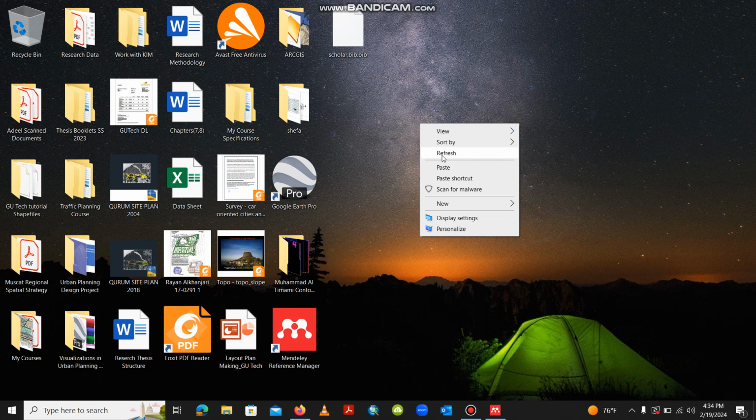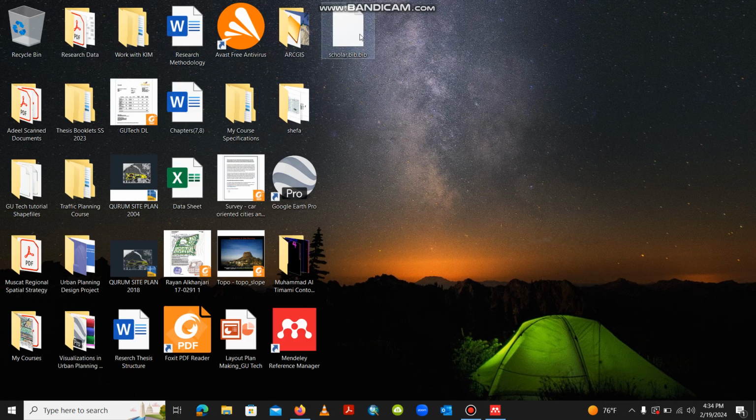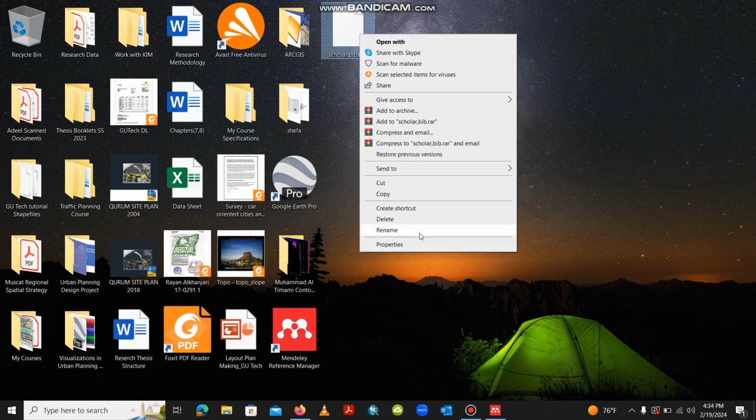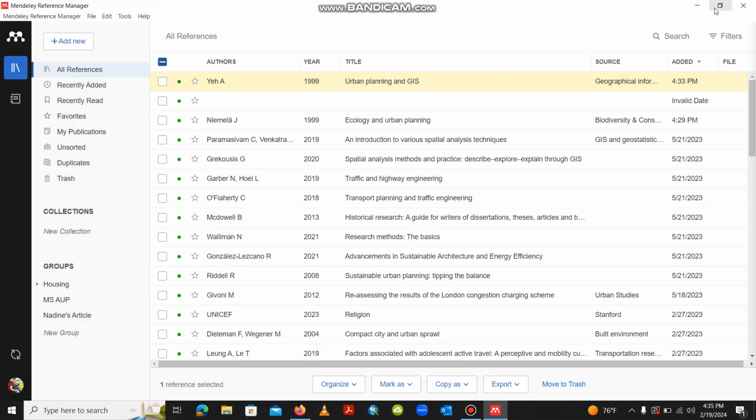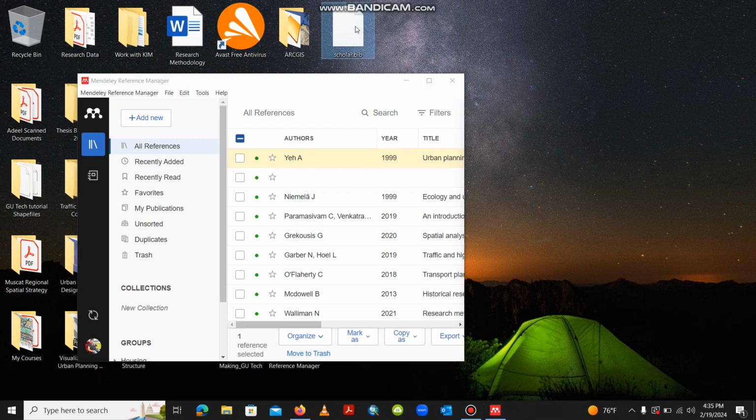Now we will see the file appears here. Oh, two times it got the extension. Sorry. I will fix it, .bib. So now I have my Mendeley open in front of me. So if I add it here,